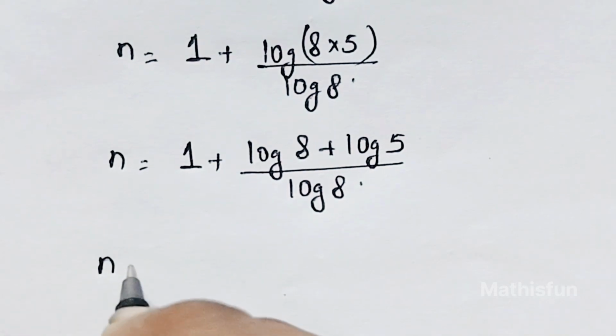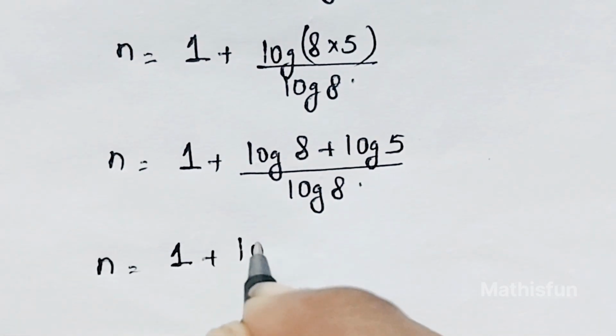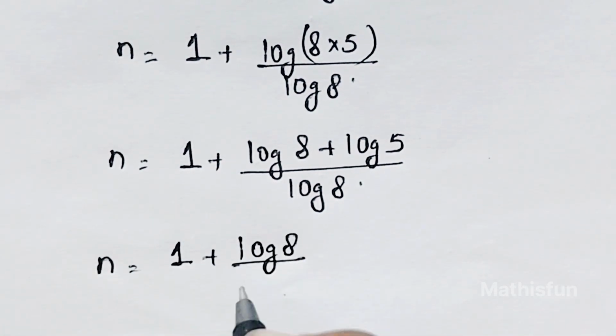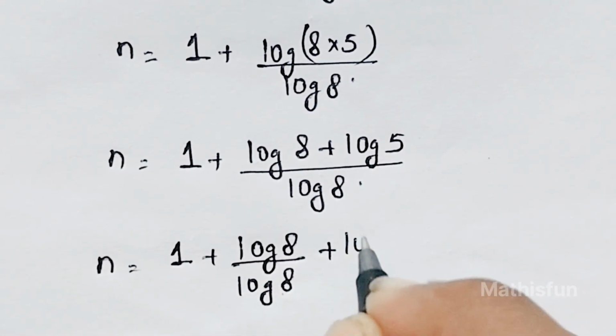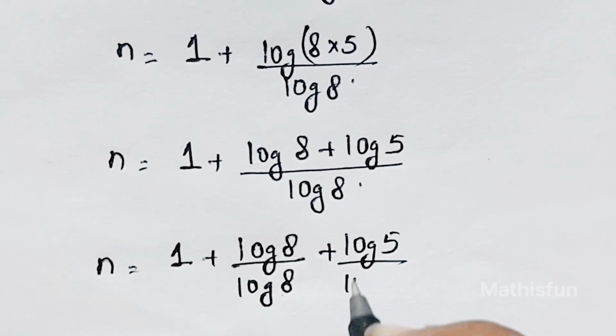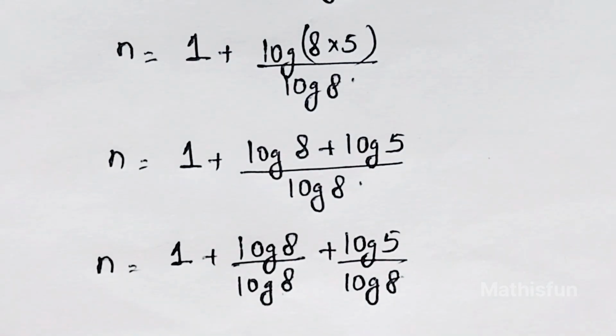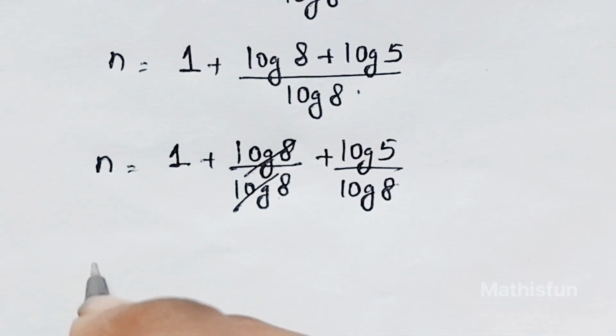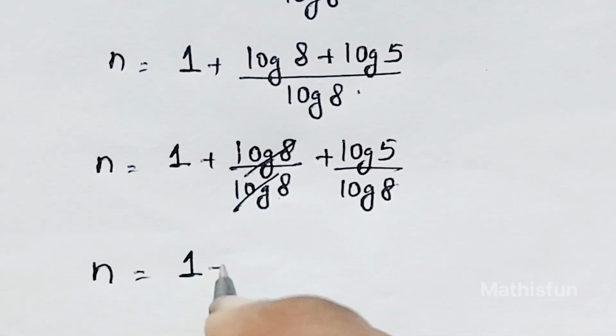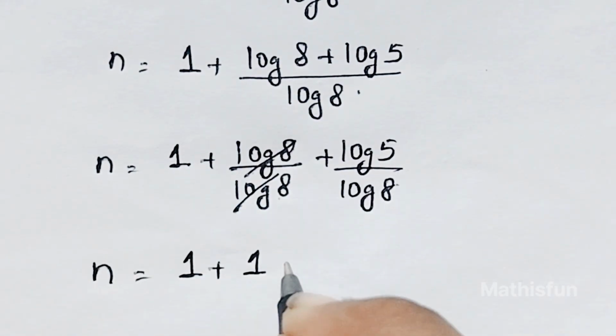Clear? Now again we will separate: log 8 upon log 8 plus log 5 over log 8. From this log 8 got cancelled, so we are left with n is equal to 1 plus 1